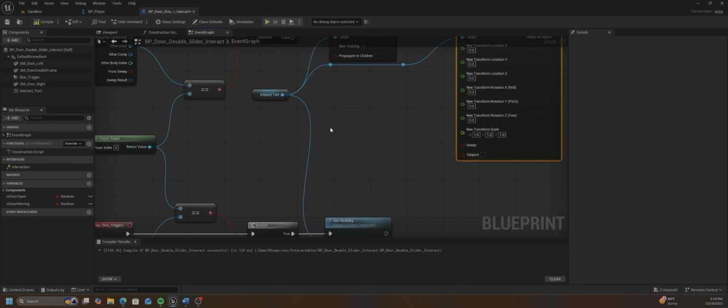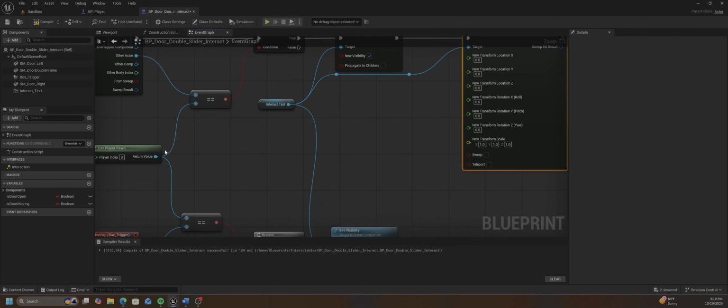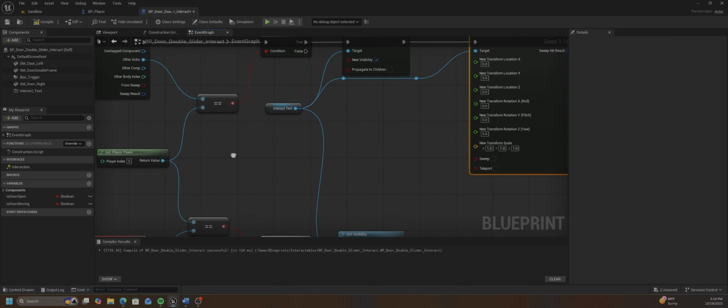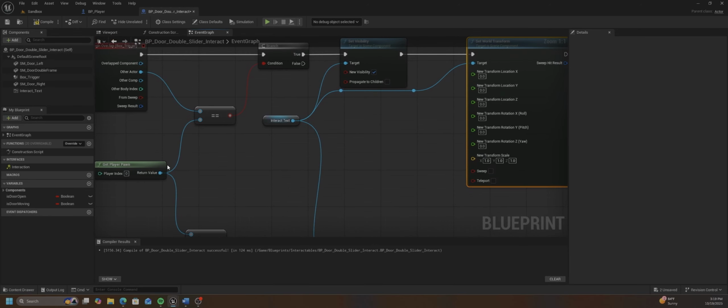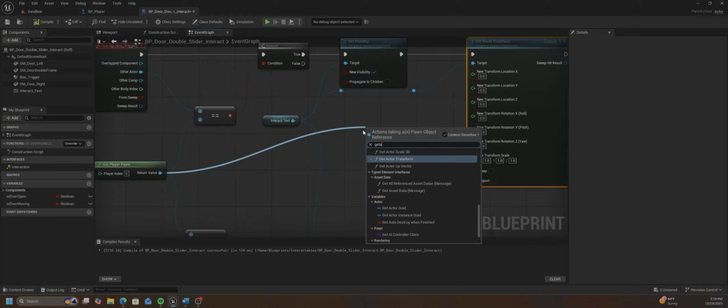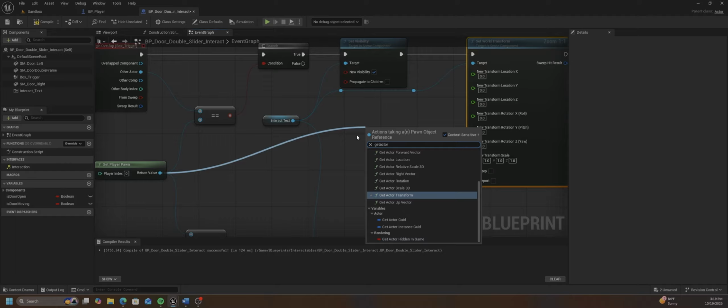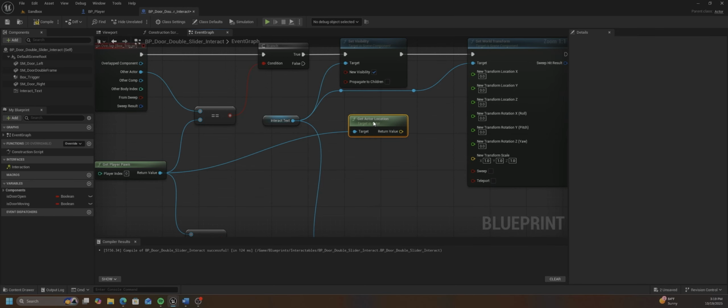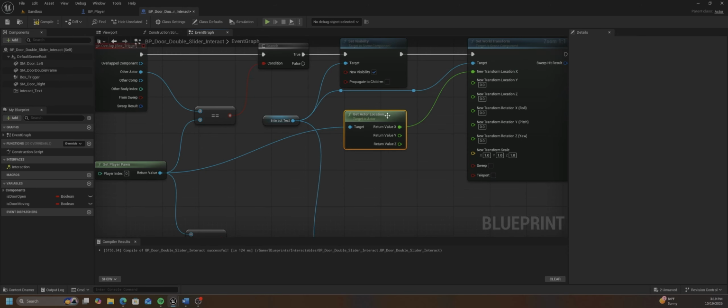The first thing we want to do is tell it what side of the door to appear on. So we're going to get the actor location so that it knows which side of the door. When the player rolls into the box, it's going to appear wherever the player rolls into the box at. So we're going to drag out and get actor location. We're going to split this struct pin and use the value for X so that it'll appear on the same side of the door